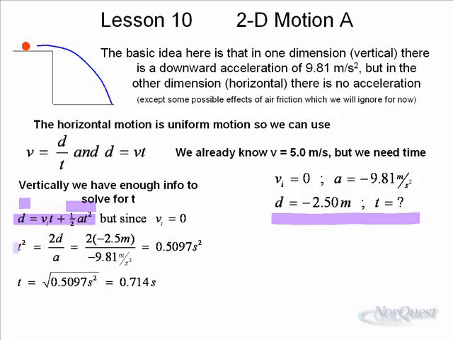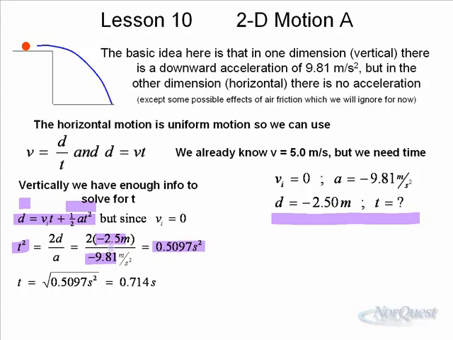And if we manipulate that for t squared, we get 2d over a. And this is the practice that you need to do, choosing the correct formula, manipulating that formula for your unknown. Then you just substitute. 2 times negative 2.5 divided by negative 9.81, that is a, and you get